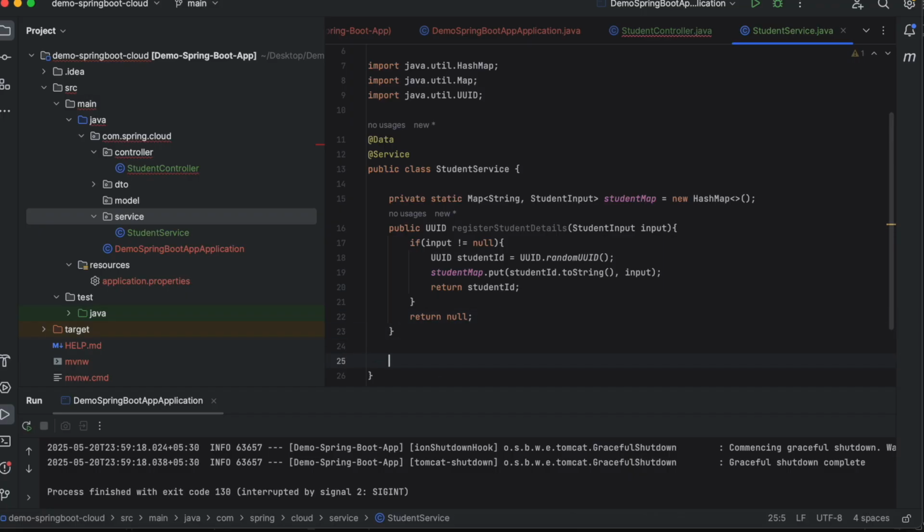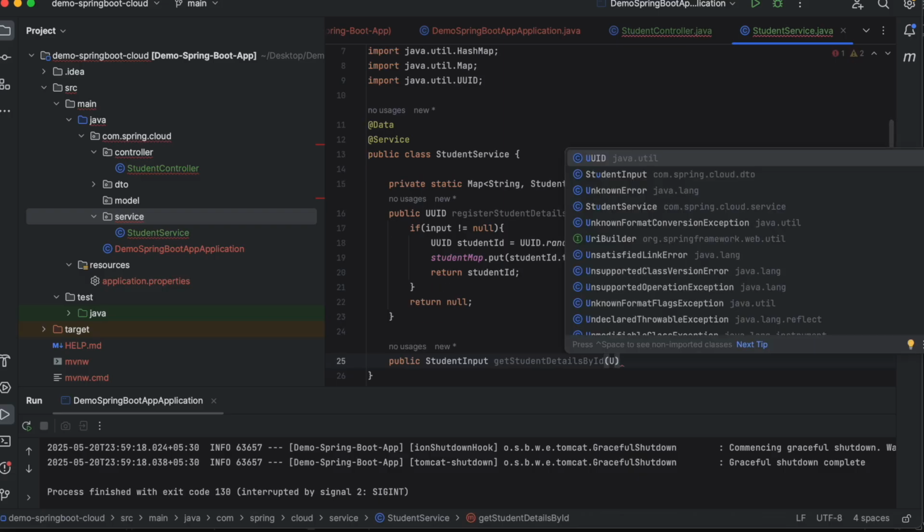And one more method we will write: public StudentInput getStudentDetailsById, what ID? UUID, okay?